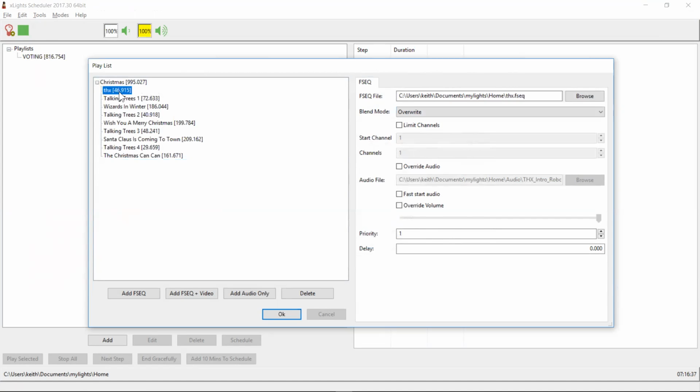It's not a lot of time. For an average song, it's about half a second, but that half a second can be noticeable when you're playing your show, and some people don't want to have that every time it switches song. And so if you click Fast Start Audio, what xSchedule will do is it will actually go through your entire